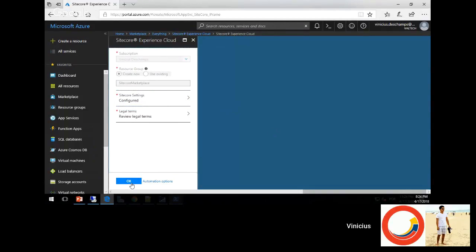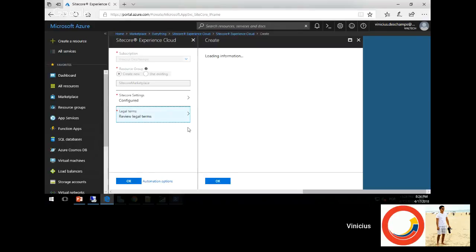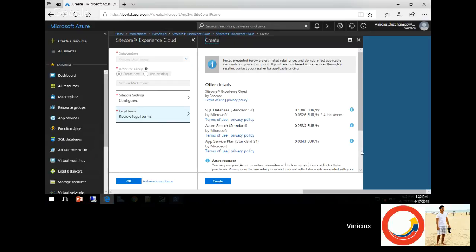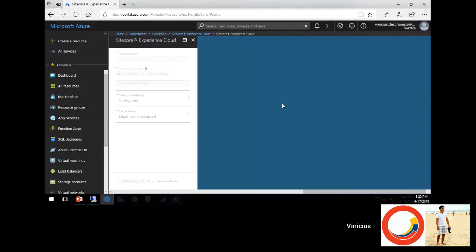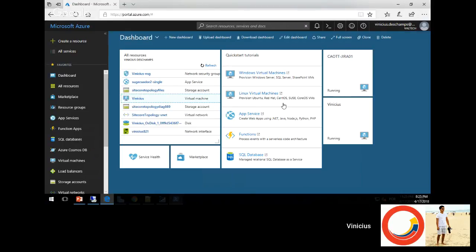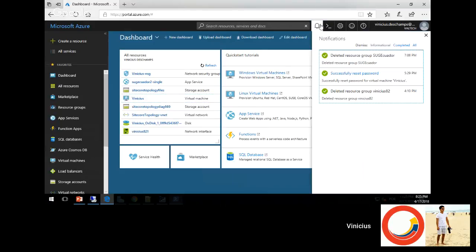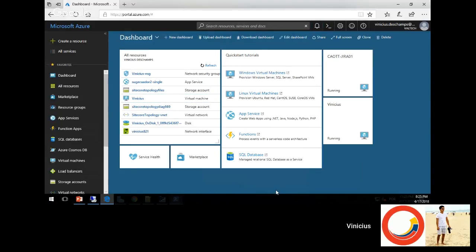And I guess I have to review legal terms. And okay, that's fine. Create. And let's click OK and see what happens. So as you can see, I spent no more than 10 minutes poking around and providing information to provision a Sitecore app service in Azure. So if everything goes okay with that,